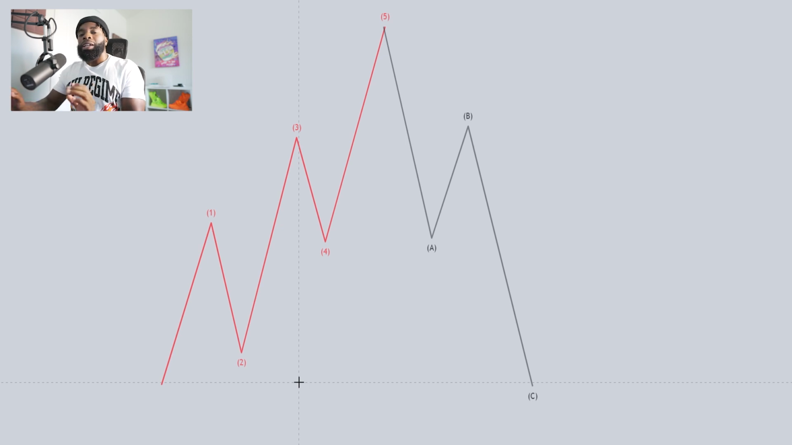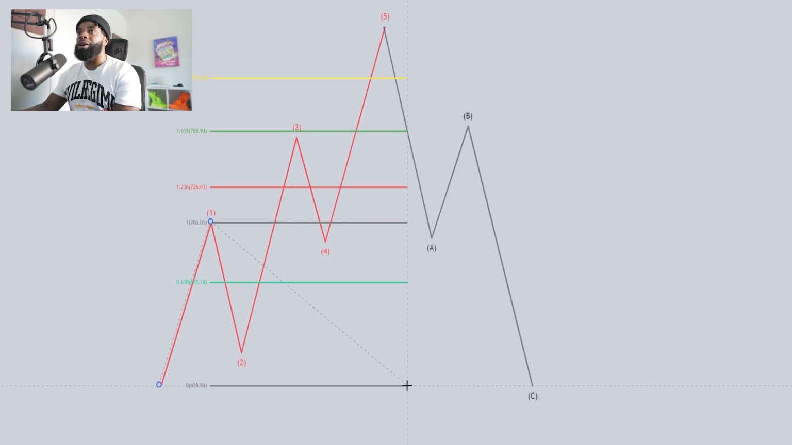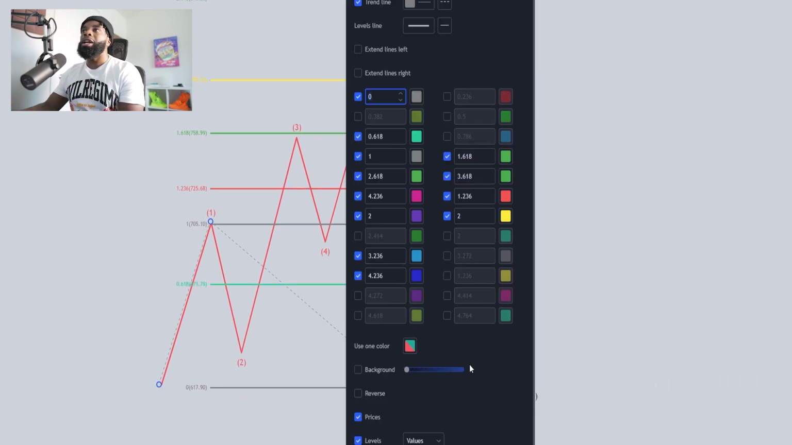Now, in Elliott wave, we have to first establish wave 1 and wave 2. Once we establish wave 1 and wave 2, all we are going to do is take our Fib extension and draw it from the beginning of wave 1 to the end of wave 1, back down to the beginning of wave 1. I want you guys to pause this video and make sure you have